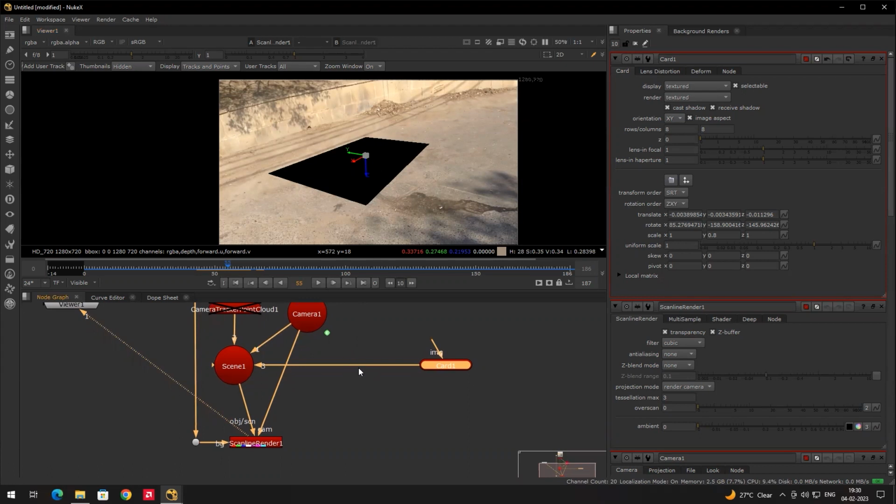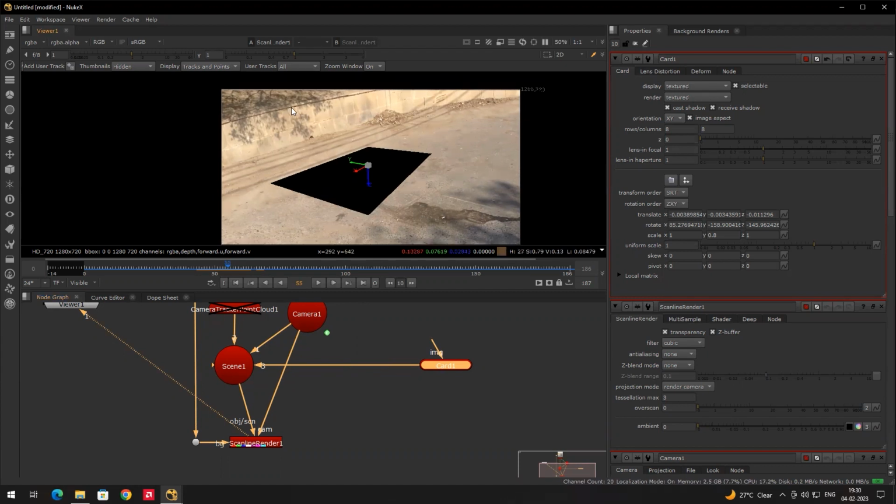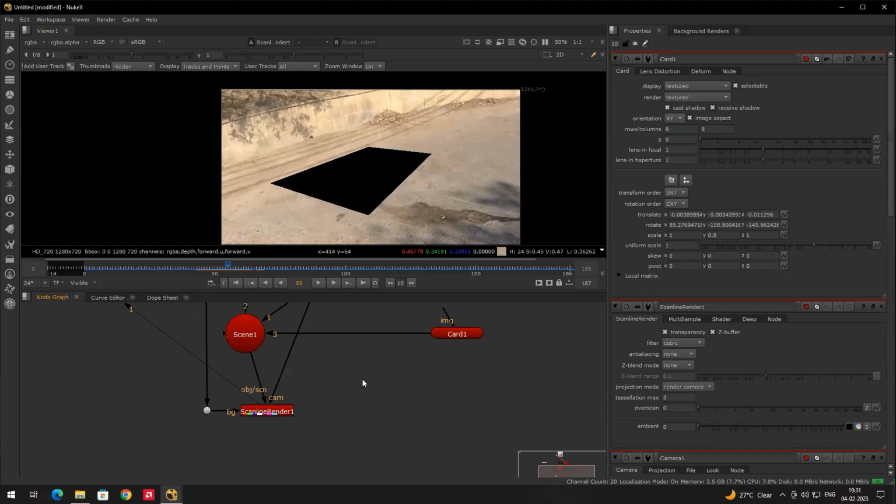Here in Nuke, I don't want to place any 3D model. I want to export this camera tracking to Maya. In Maya, we will place the model and we will create the lighting and shadows, and the lighting will be matched according to the environment. In order to do that, we have to take